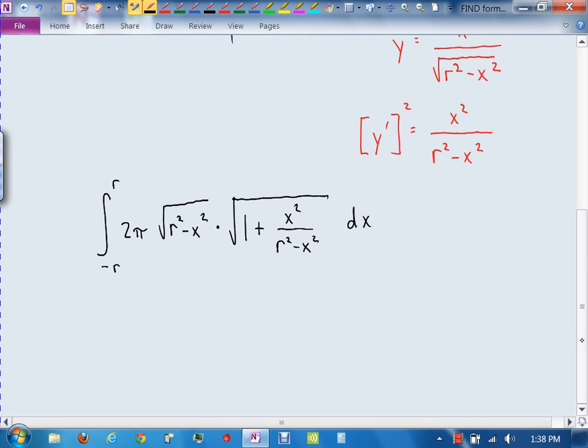All right, inside the square root, common denominator. So what are you missing on the bottom here? R squared minus x, so you put an r squared minus x on top. So you'll have,